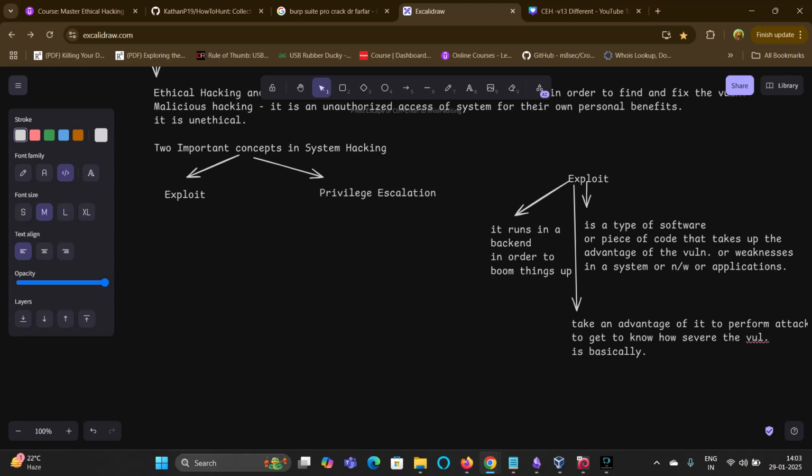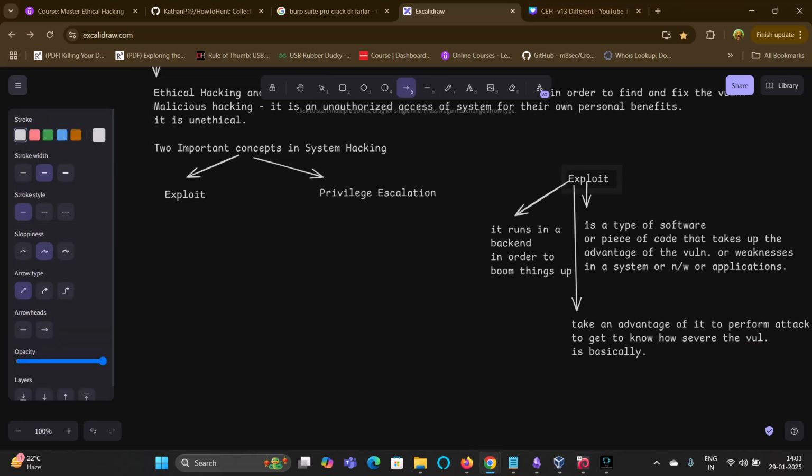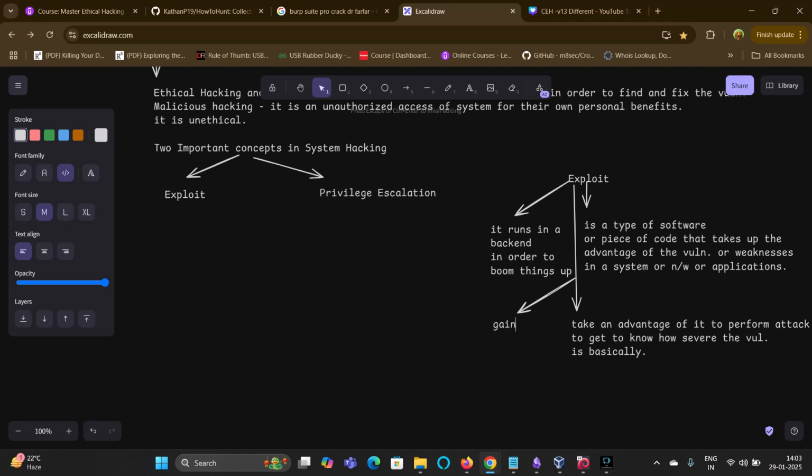We basically exploit for this particular reason, and exploits are used to gain unauthorized access, as I told you earlier, or to escalate